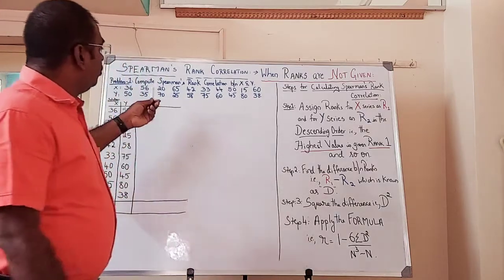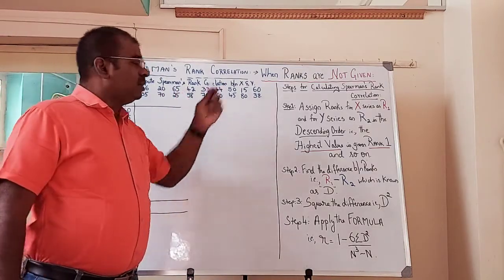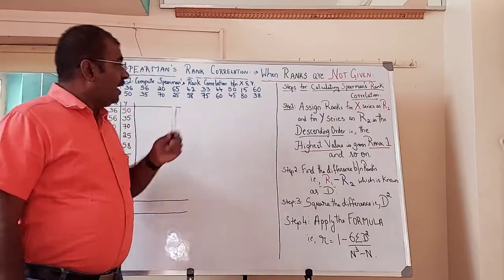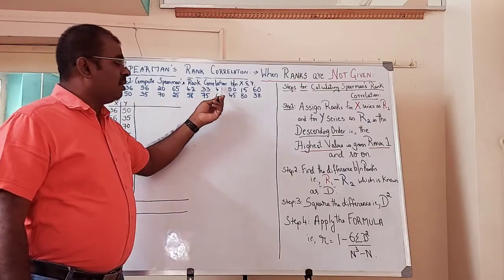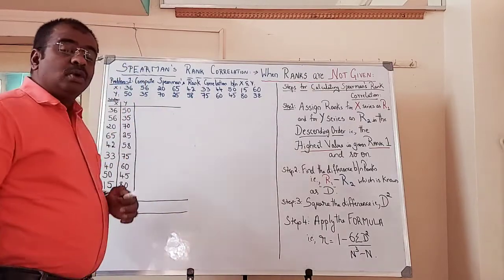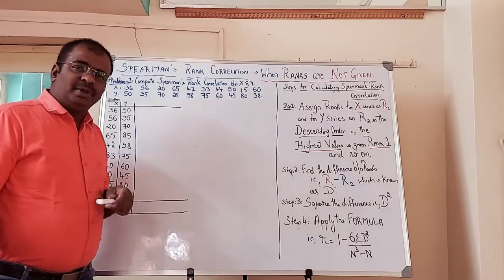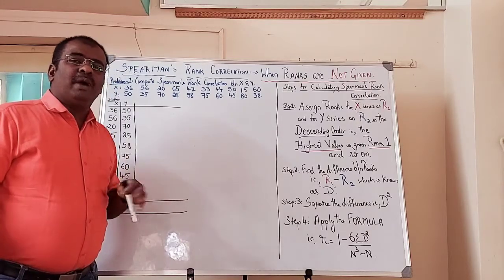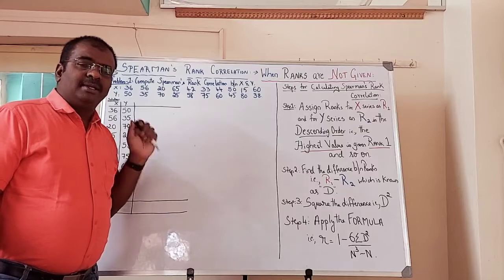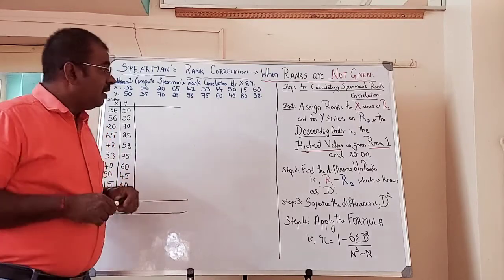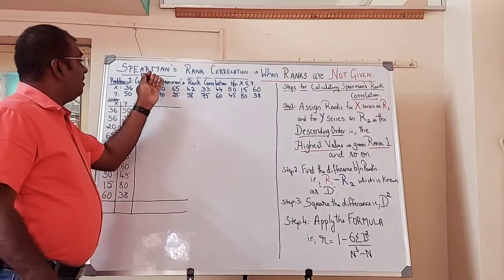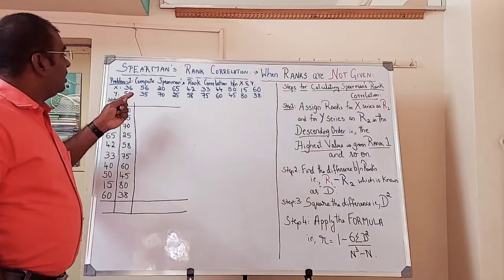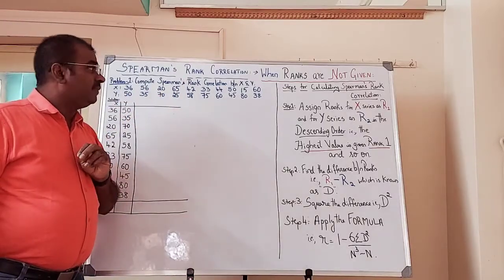Let us now look at how to solve a problem on Spearman's rank correlation. Spearman's rank correlation is generally used to find the coefficient of rank correlation in case of qualitative variables or abstract variables like leadership qualities, intelligence, etc. We compare one person with another when it comes to characteristics like these. So to measure qualitative characteristics, we make use of Spearman's rank correlation, and to measure quantitative characteristics, we may make use of Karl Pearson's coefficient of correlation.